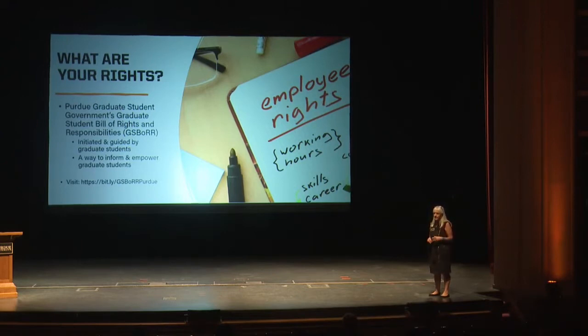It went through and was signed off by both the graduate school and the university senate. It lists all the responsibilities, the expectations that the university has of a student and what the students expect of the university. So it's a good way to go back and check some of the things if you're questioning what's going on. Just Google Purdue Grad Student Bill of Rights. It's posted on the web. It's posted on our grad school page.